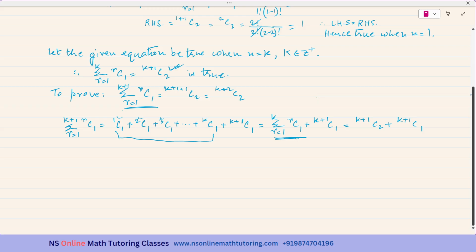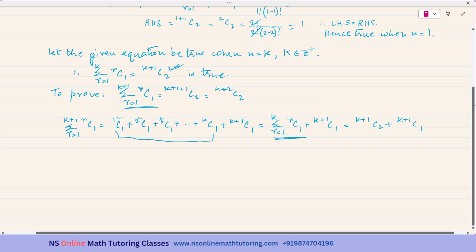Okay, fine. So let us just expand these. Means k, what is k plus 1 C2? It is k plus 1 factorial because I do not know how to combine these two and get to this single term.